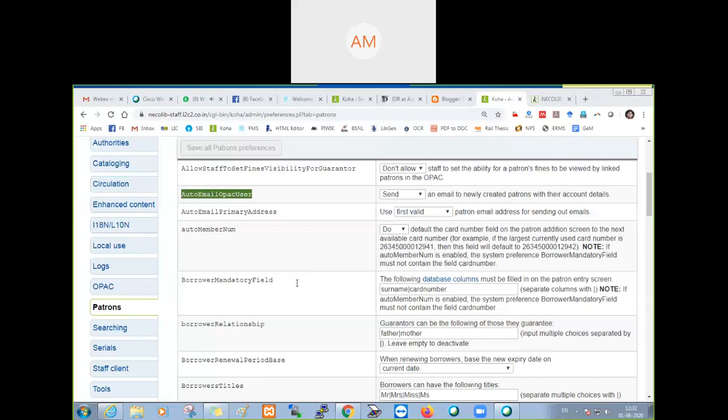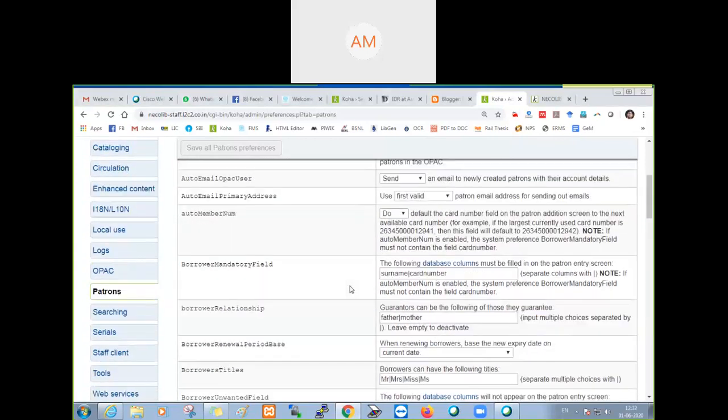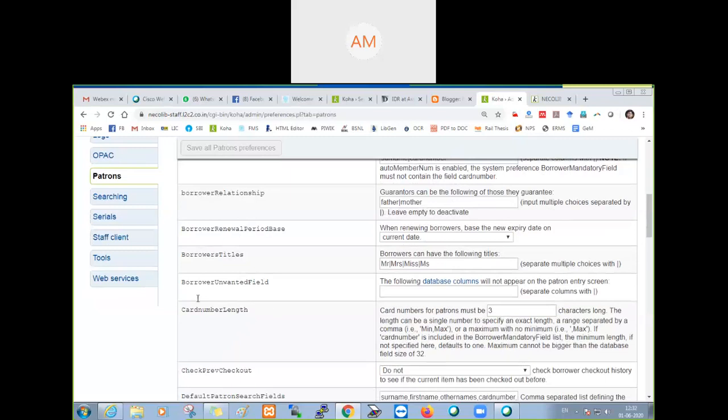Basically, whenever a student is registered, we don't want students to edit or rectify the category. So from the staff end, we change the student category. Students or users cannot. That is also optional. We have made the user category not editable by the user, so we deactivated it, and the staff will change it later from the staff interface.